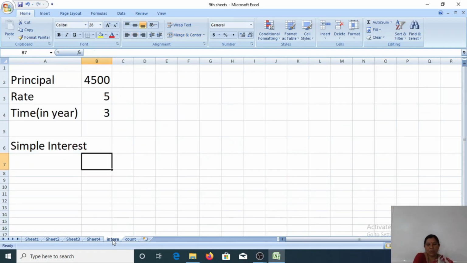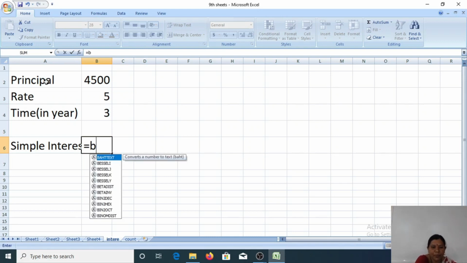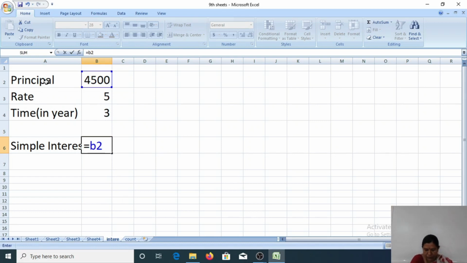In the interest column, type equals, then B2 into B3 into B4.